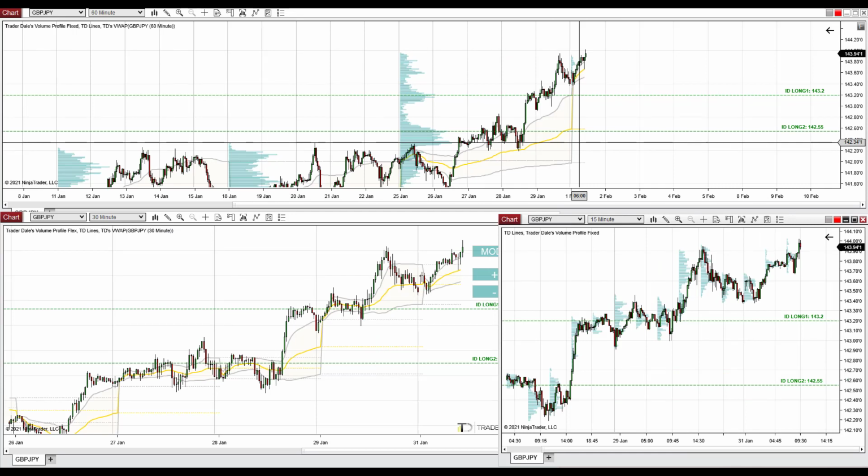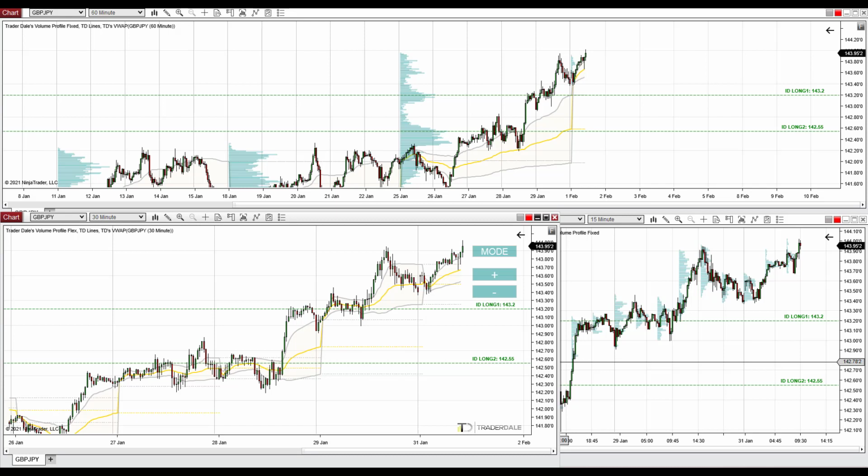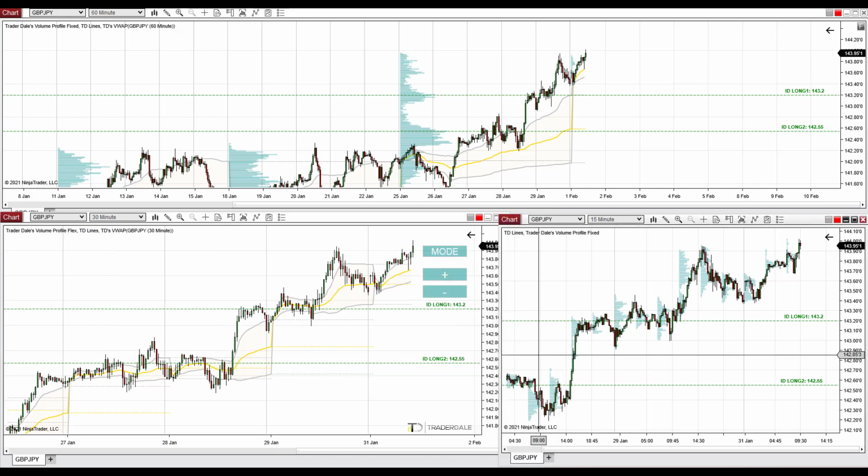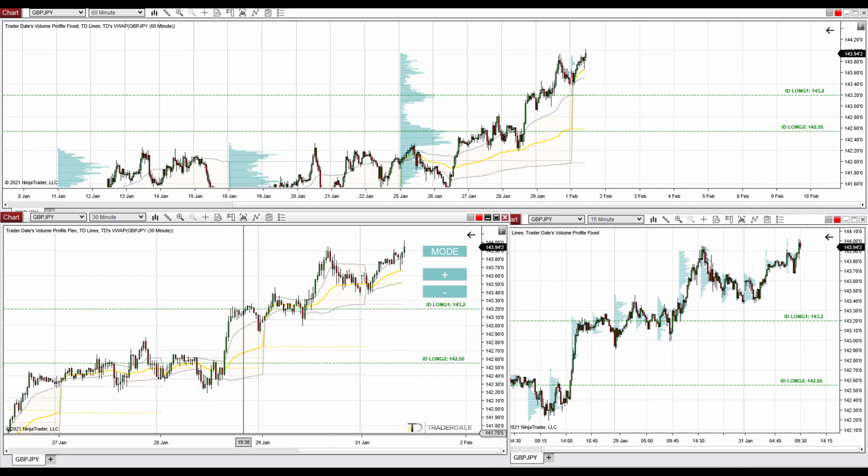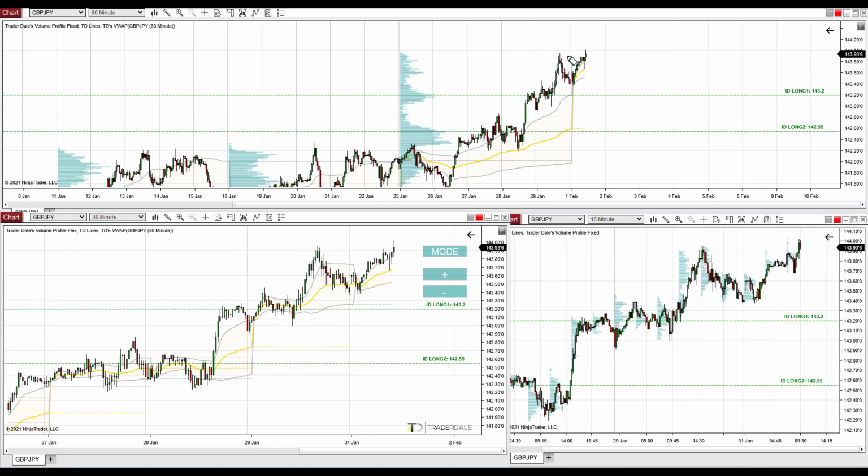Now I must say that the British pound Japanese yen is a pretty wild trading pair, and I don't usually trade this one, but I know that a lot of you guys are actually trading it, so let me give you two trading ideas which I found using the volume profile. If you are trading it, then be careful because the pair is really pretty volatile. So a bit of caution is in place when trading this one. So let's check the trading levels out. The first one is at 143.2 and the second support is at